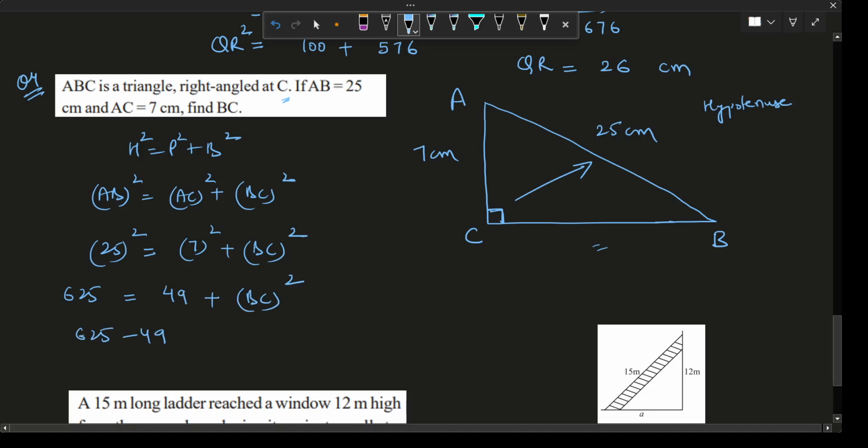625 minus 49, आप transposition करोगे. Okay, you bring this here. So plus इधर add था, यहाँ पे आके subtract होगा. When you subtract, what will you get? 15 minus 9 is 6. 11 minus 4 is 7. 576. अभी last question में 576 हमने use करा है. किसका square था 576? It is the square of 24. So you got BC as 24 centimeter.